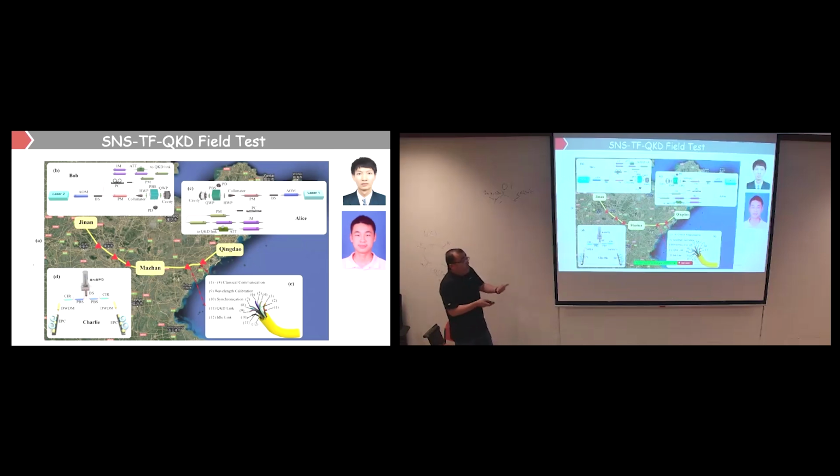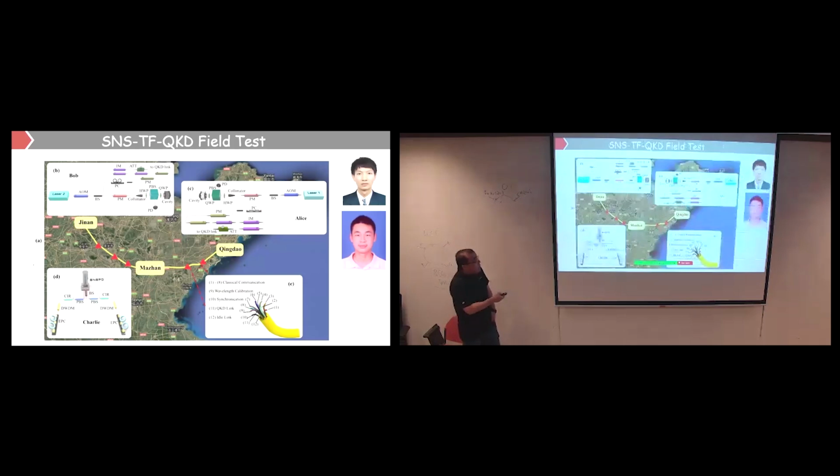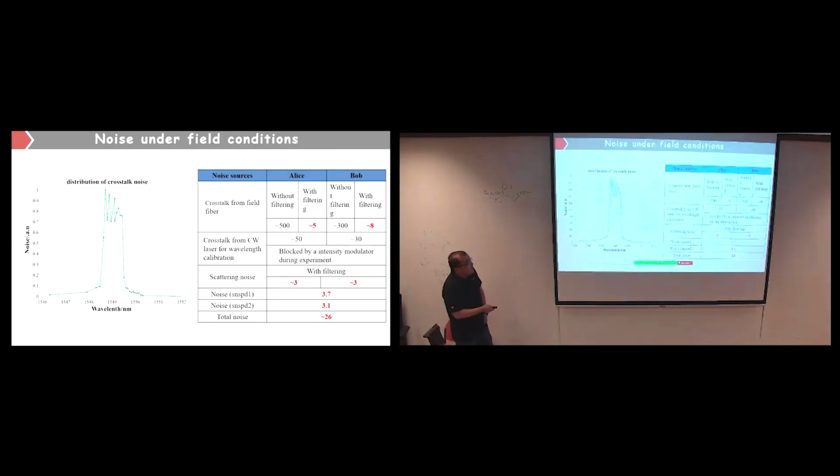Wavelength calibration means locking the two lasers, using number 9 and number 10, to synchronize. Of course, number 9 and number 2 can be a fiber. But because we have many kinds of axes, we are just doing this experiment in the lab, and there is actually a lot of noise from the other channels. You can see there is noise. We choose our wavelengths at around 1530 something. Here is the main noise from the classical communication. There will be crosstalk to your quantum link, and the users filter it out.